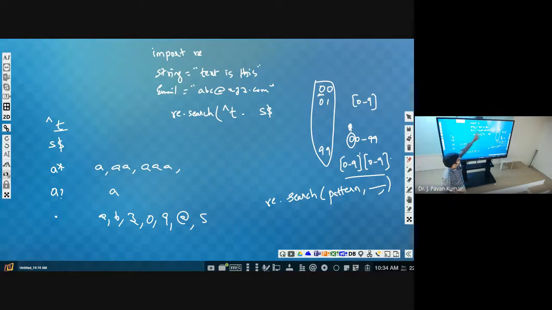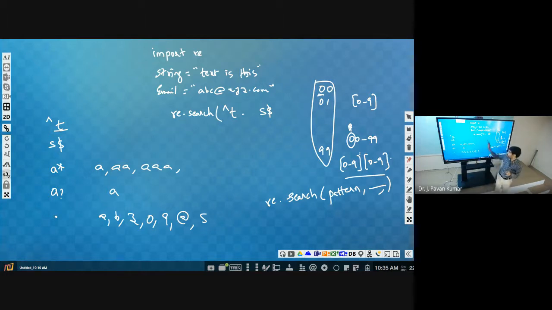Here the restriction we are considering is that it should start with T and end with S. That's it. We are not bothering about any other thing. In the middle we can have anything. Now you tell. No, we are not writing this with respect to the length of the string. We are writing this pattern by considering the normal condition: it should start with T, it should end with S.